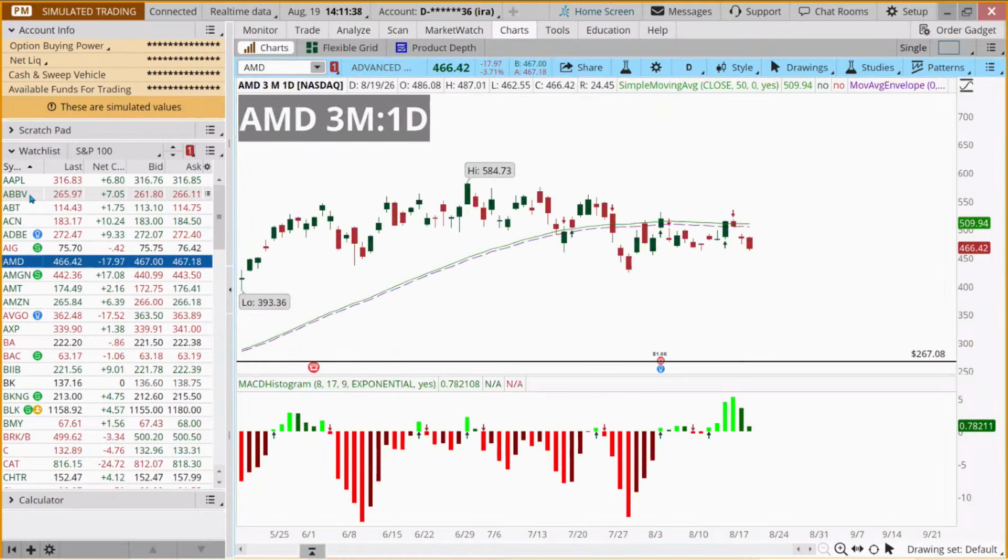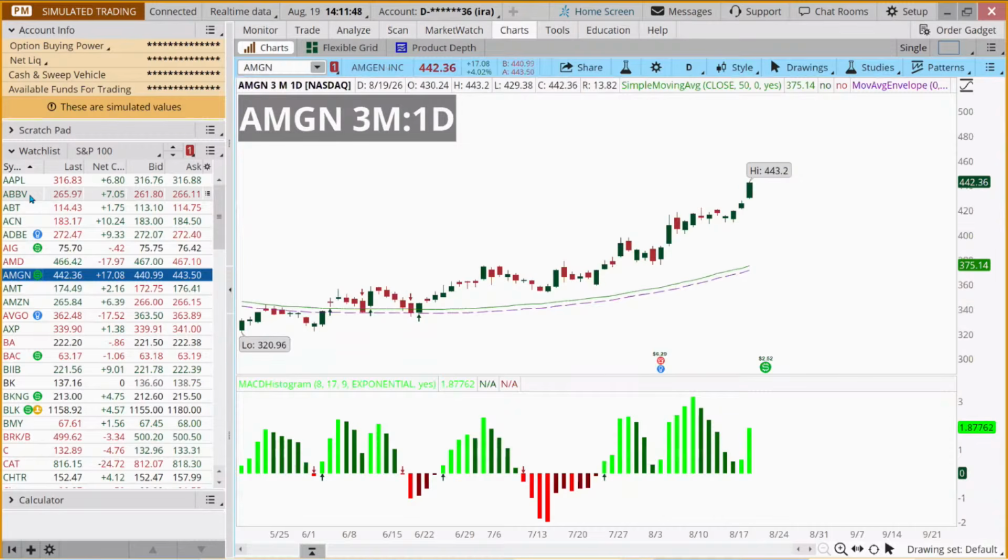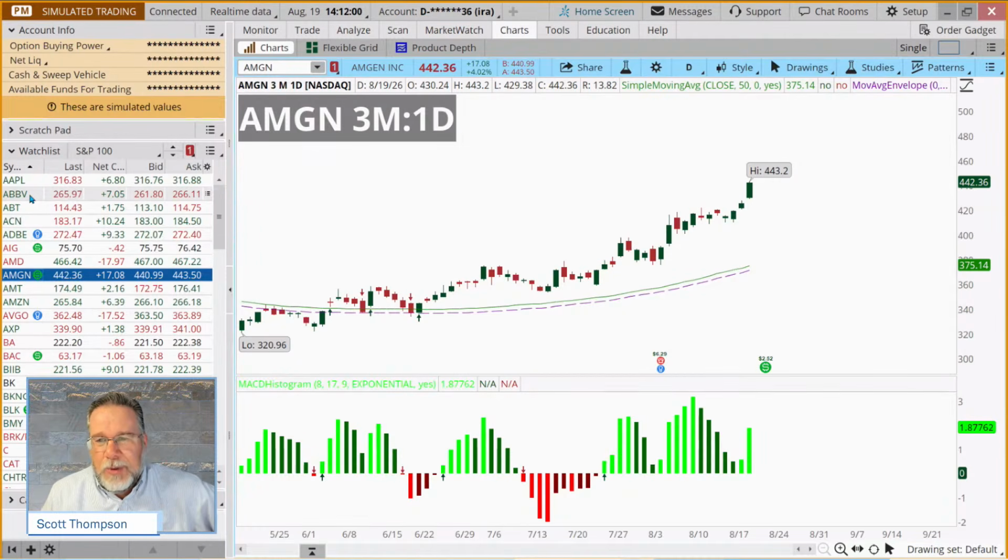AMD, valid buy signal or no? Now this one's interesting. MACD's green, but you have to go up and look at the stock. Stock price above the moving average or no? 2, 1. Amgen, valid buy signal or no on Amgen? How long ago? Okay, jot the symbols down. Even if they're really old buy signals like on Amgen, this one does have a valid buy signal. It's just old because I want you to get through the practice.